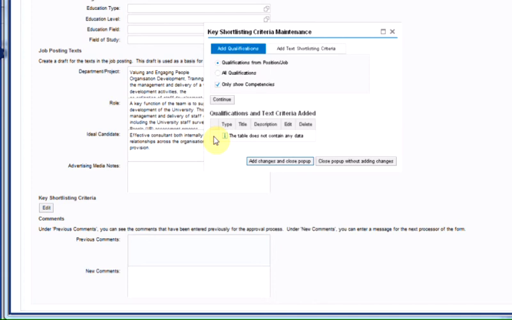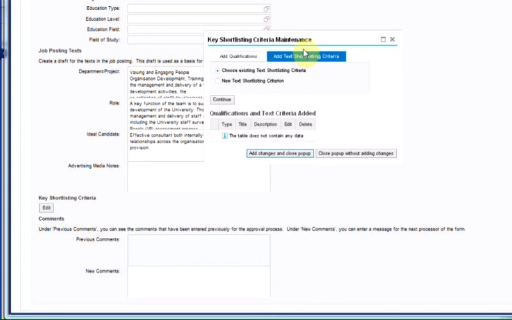Once the table is populated, in much the same way as you have done previously, clicking to the left hand side will allow you to select the particular qualification or text criteria and then simply add changes and close pop-up. The next tab is Add Text Shortlisting Criteria, and there are two radio buttons here. Choose Existing Text Shortlisting Criteria, which will enable you to display any shortlisting criteria you have previously written, or New